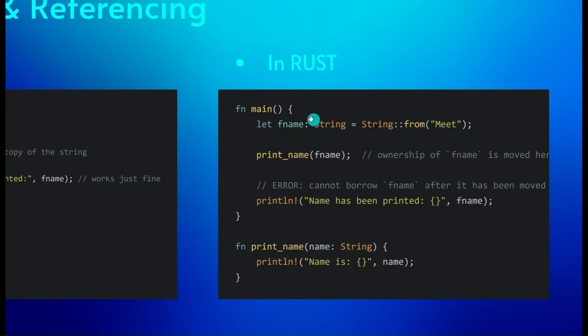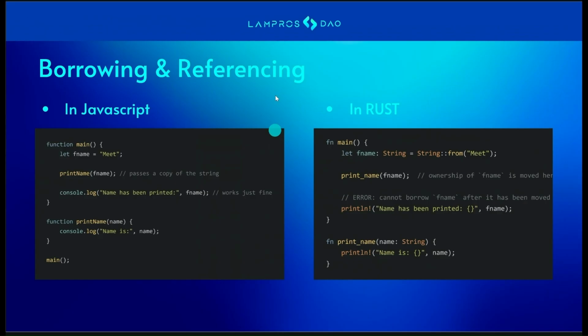Rust will call the drop function, and this variable will be removed from memory, so you can't print it. As you can see, the error says cannot borrow fname after it has been moved. fname has been moved to the print_fname function because we have not used the ampersand sign. It is a similar scenario like